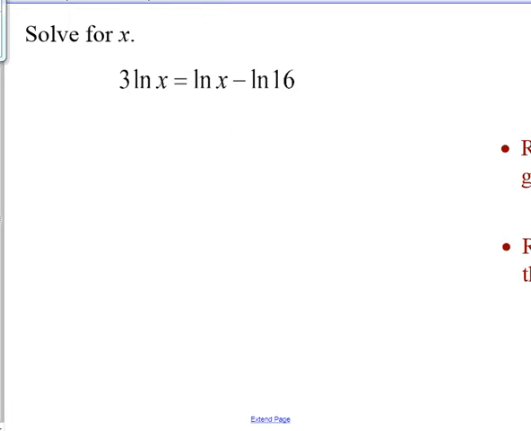Okay, one last problem. I have 3 logs, all using base e. And so I can do a couple things. One thing I can do over here is use laws of logs to say ln of x cubed equals, and then I can combine these 2 into 1 log. ln of, subtracting is the 2 logs